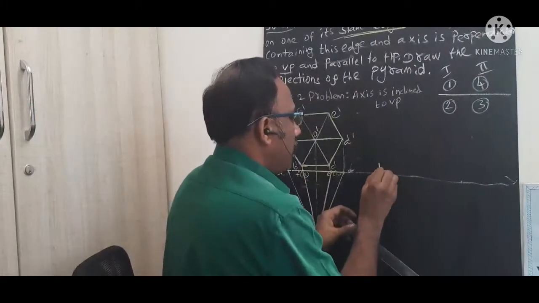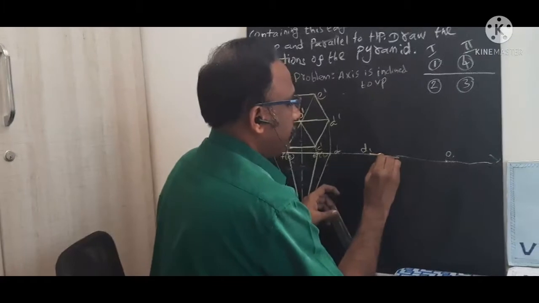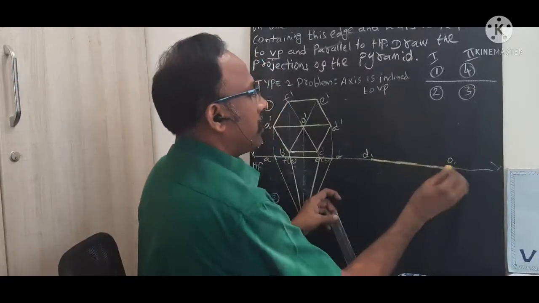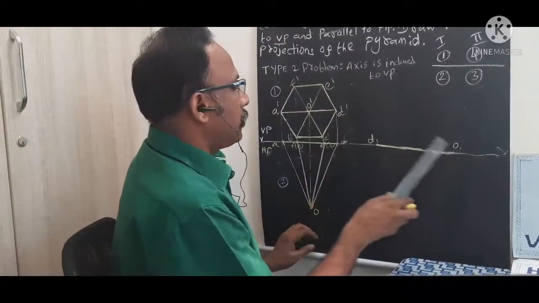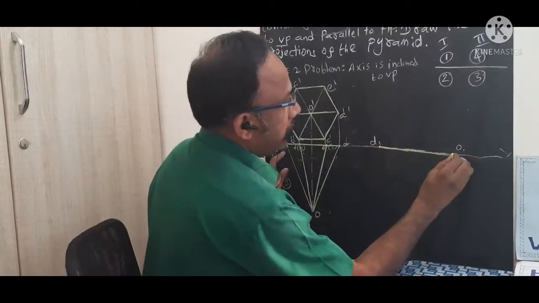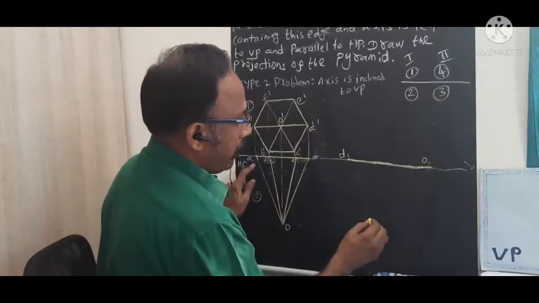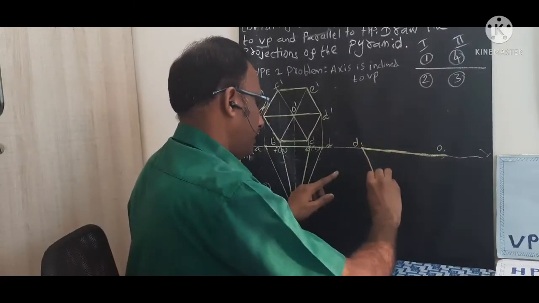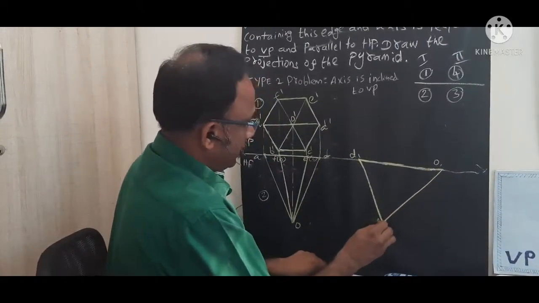So this is my D1 point. This is my O1 point. You need to draw like this. Since the axis of inclination is not given, that's why we are going to tell that that slant edge is lying on it. Now from this D1 and O1 point, we need to mark A. Take this DA distance, we need to draw one arc here. And from O1, OA, we need to cut another arc. We get this point. These points we need to join. This is my tilted